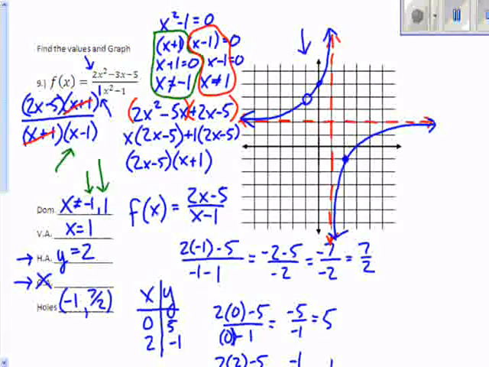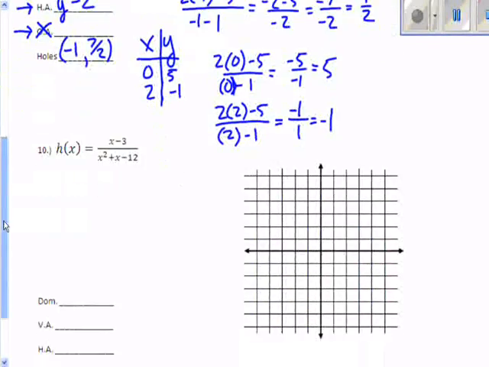So I put a hole in the graph, and now my quick check, does that look like the ordered pair negative 1, 7 halves? Okay, keep in mind that 7 halves is 3.5, right? And I go up 1, 2, 3. Yeah, that looks about 3.5. So now I know my graph is kind of in the right place here because my hole lined up with the ordered pair that it was supposed to. Okay? If I take a look at this next one,